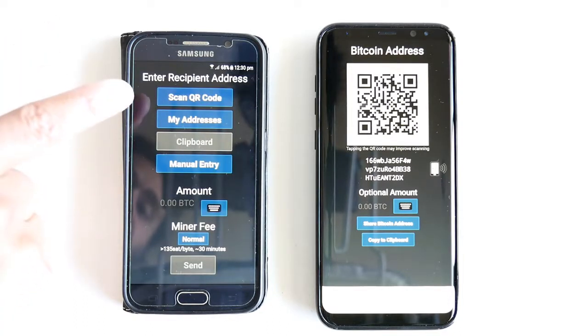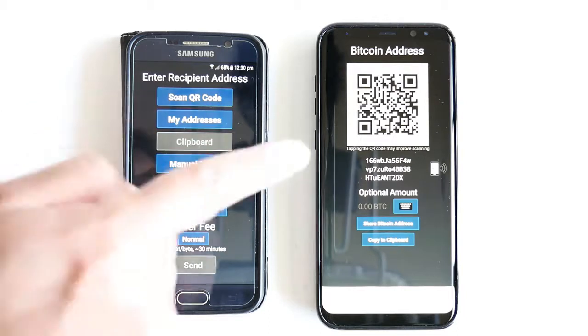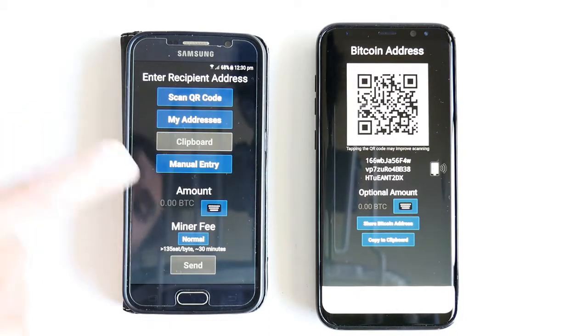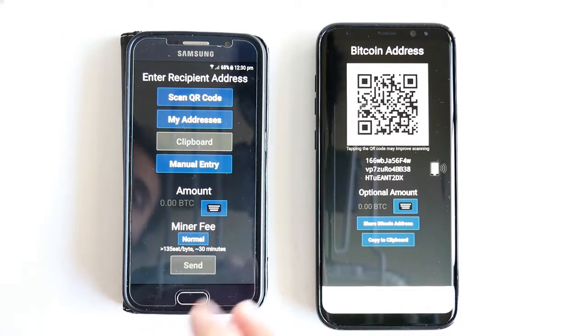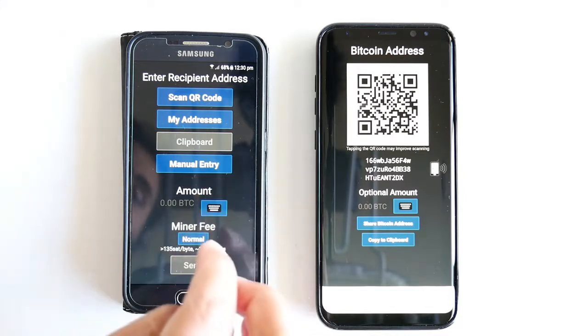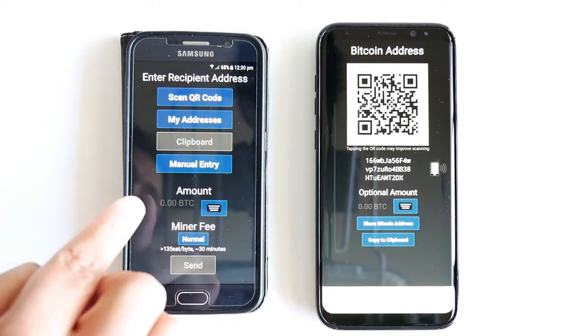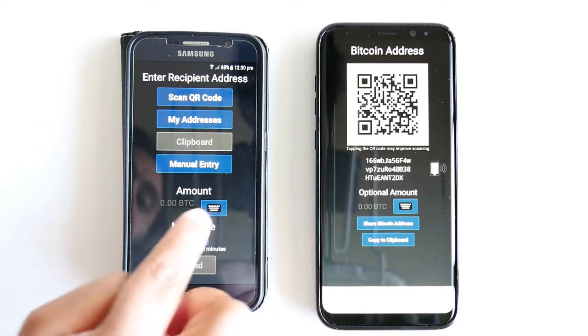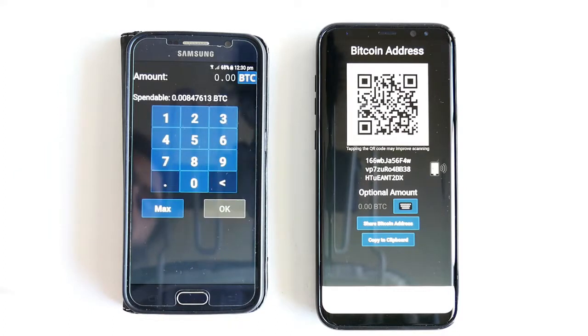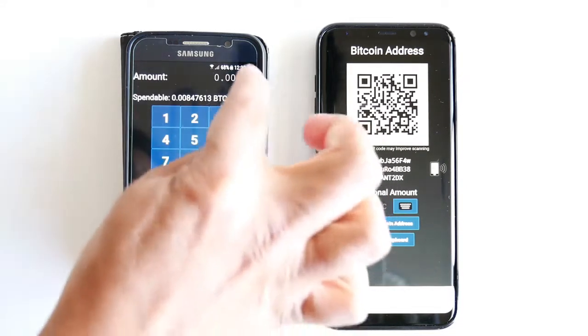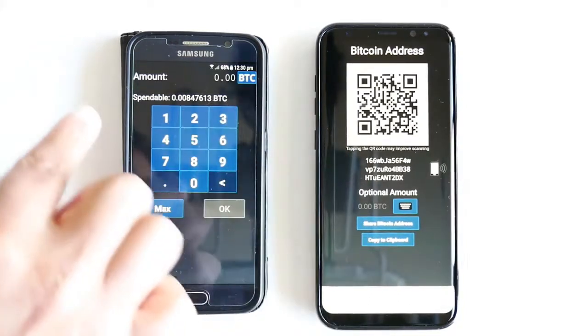Here it gives me the option to scan this code or just type it in manually, this address. It's very handy, of course, to just scan it. So before I scan it, I have to set up the amount. So I click this keyboard, and in this amount I can put the price in Bitcoin here, BTC, which is